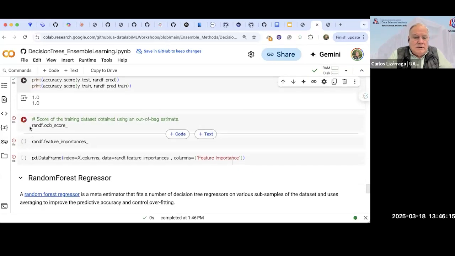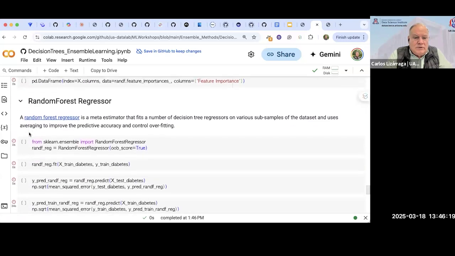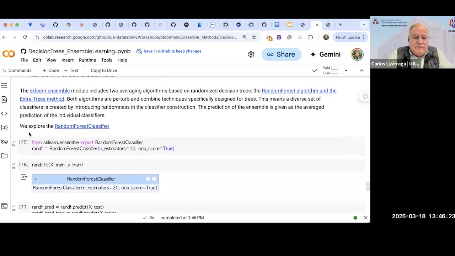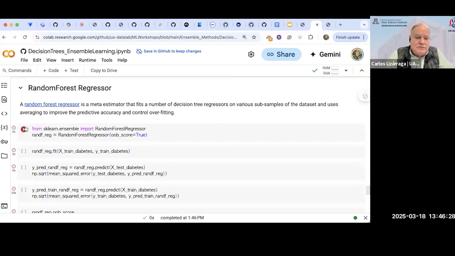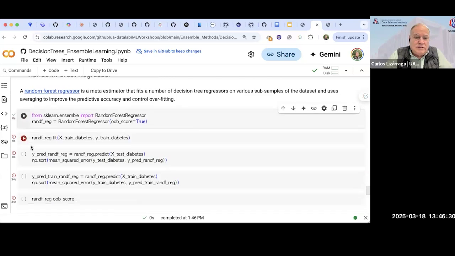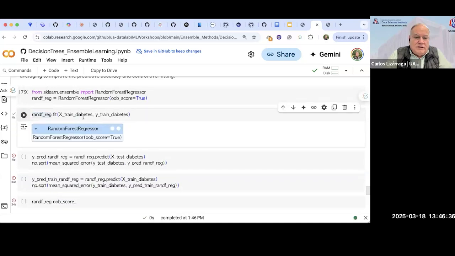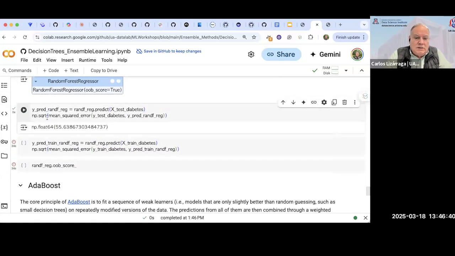And this is another way. Okay. Just as you can do a classifier using random forest, you can do regressors using random forest. So we import the random forest regressor. Our model is the random forest regressor, and we fit using the diabetes data set, and then we predict,